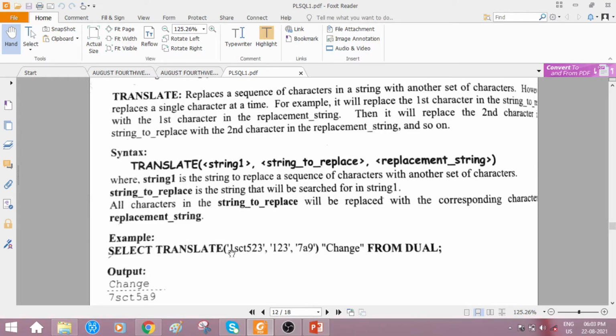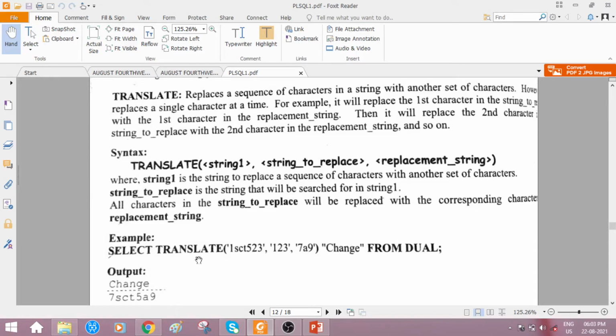As every input is embedded within single quotes, all are strings. 1, 2, 3 is not a digit here; it is not a numeric type, it is of character type. So 1 is replaced with 7, 2 is replaced by A, and 3 will be replaced by 9.